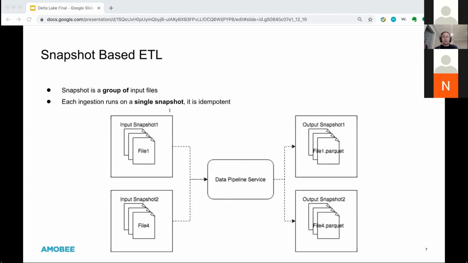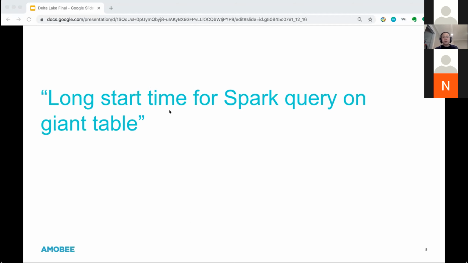This architecture works well for many situations, but in the end, we found some issues. There is some overhead on the catalog service side. The catalog service had a hard time dealing with some big and wide tables. After we dug deeper, we found the limitation actually comes from Hive. So what are the limitations?